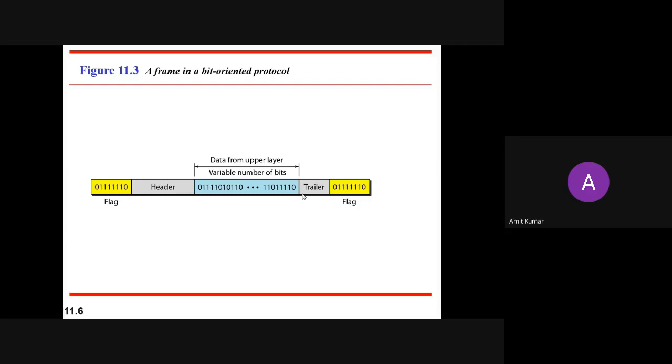In the bit oriented protocol, the data section of a frame is a sequence of bits, a 0101 sequence to be interpreted by the upper layer as text, graphics, audio, video, and so on. So that 01 can contain the information of audio, graphics, or anything.